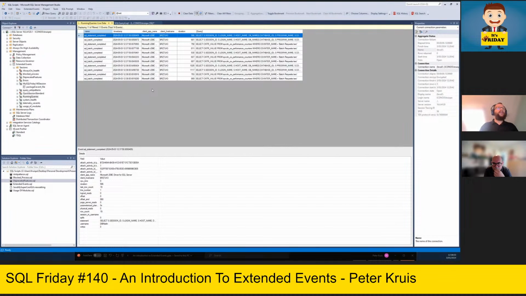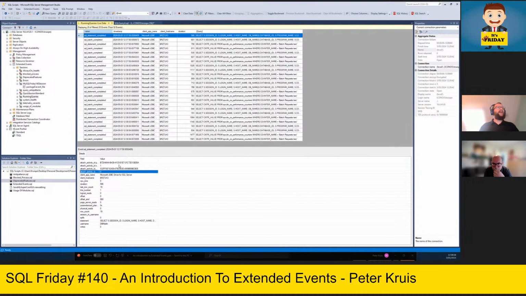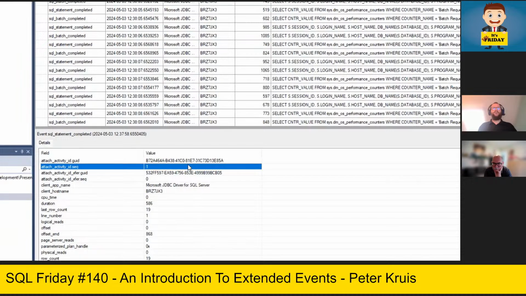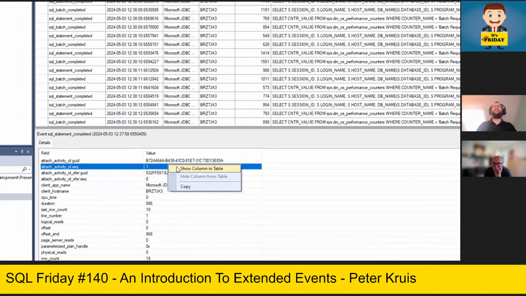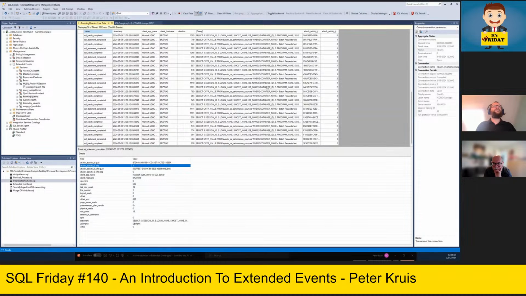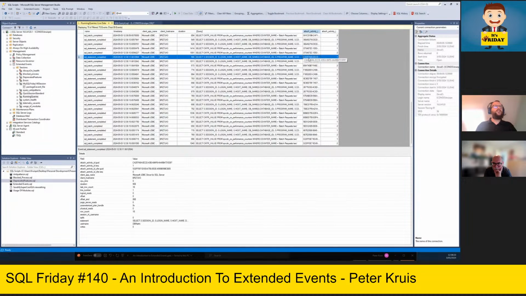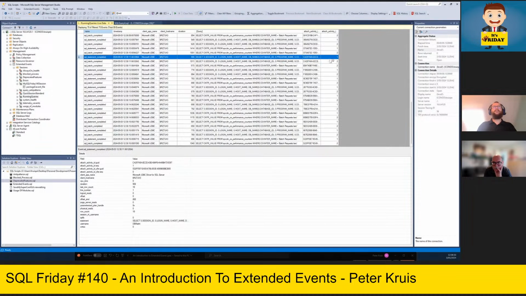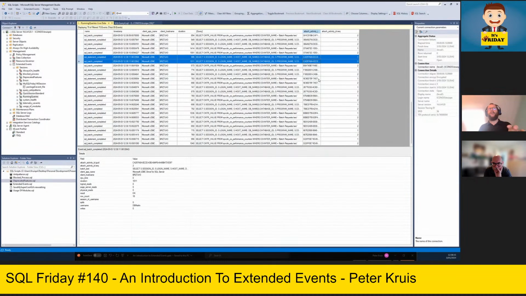Now, as you can see, we have here 4 extra items. One is the activity GUID and the sequence. And those two can be used to see related queries. And we have found several. So let me stop my data feed. In this case, I found a SQL statement completed. And this statement was in this batch. So when the batch completed was when the statement completed, and therefore is the sequence. But here you can see, oh, those two are related. And okay, here it's only a SQL batch completed and a SQL statement completed.